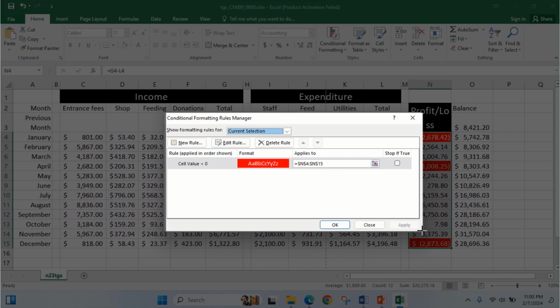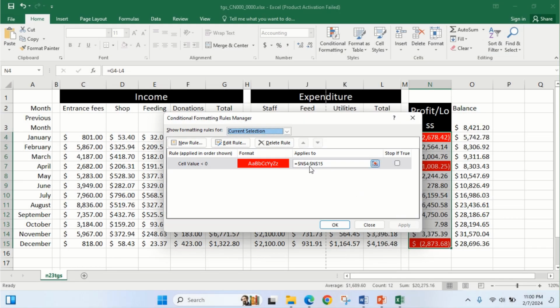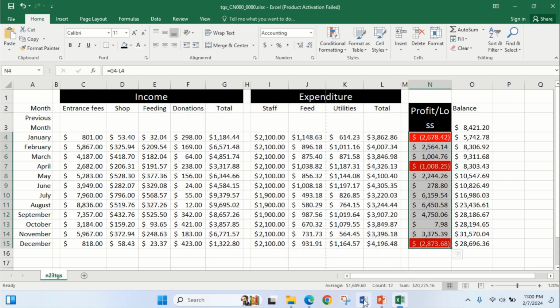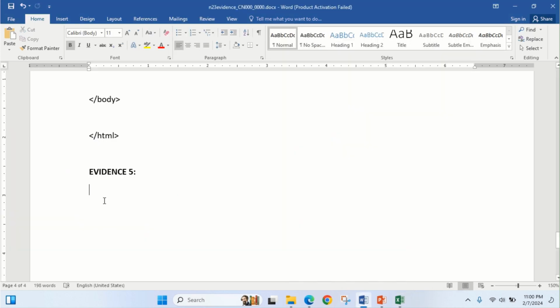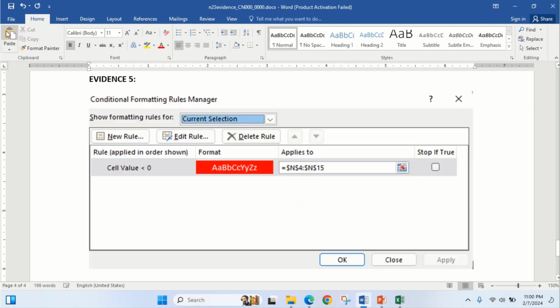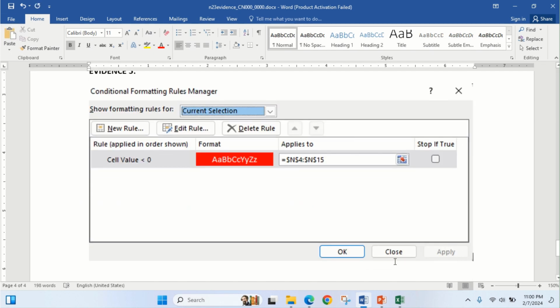So don't forget that will be N4 to N15. Then say okay, go to your evidence document and paste this as your evidence. Just bring your cursor here and go to paste and paste it. Okay, fine. Then the next instruction is